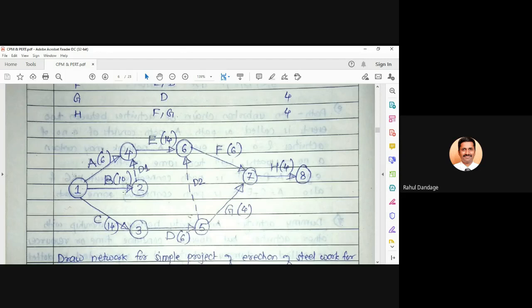The numbering should be in the sequence of the activities. If you take any particular arrow, it should start with a lower number and end at a higher number. You should not have arrow 4 to 2. You can have arrow 2 to 4, 2 to 6, or 2 to 3. But you cannot have 3 to 2, 5 to 2, 6 to 2, etc. So an arrow should always go from a lower number to a higher number.